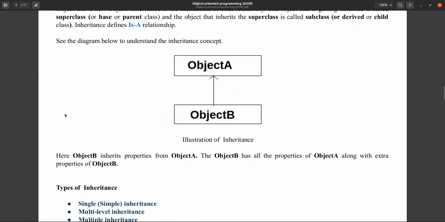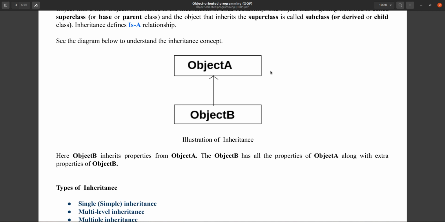From this diagram, suppose one object A already exists, and we want to make another object B. Few of the properties we need already exist in object A, so definitely we can use that; we need not write the code again.